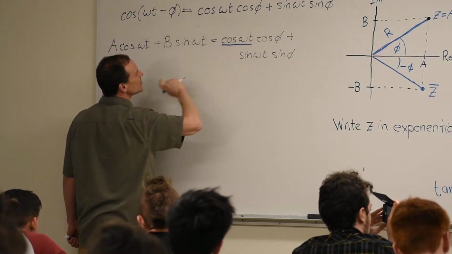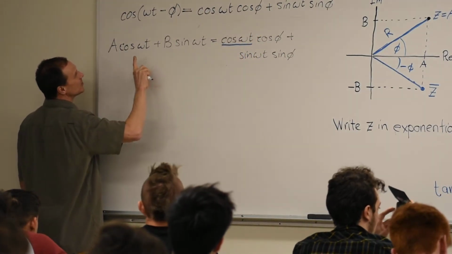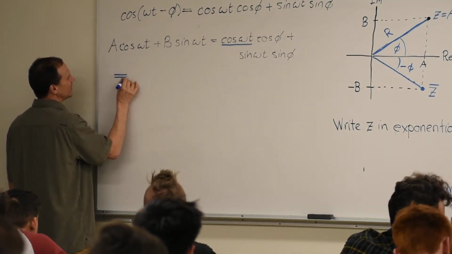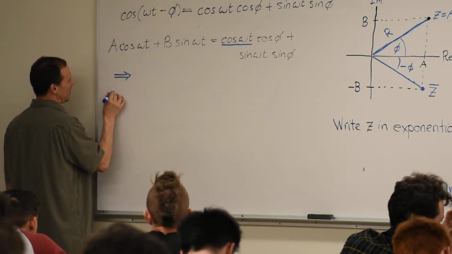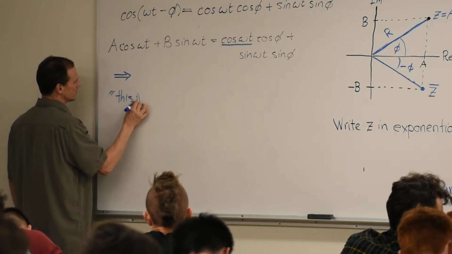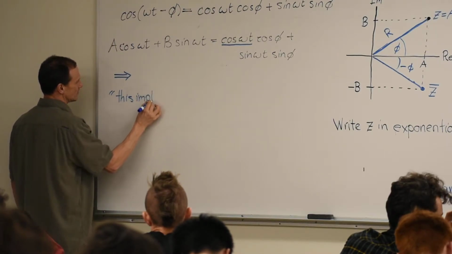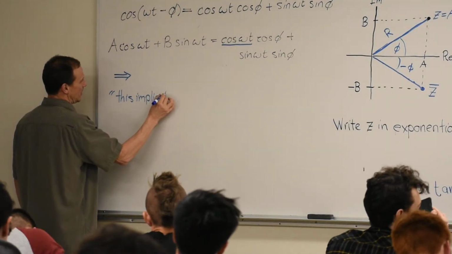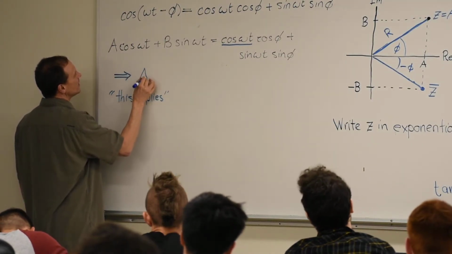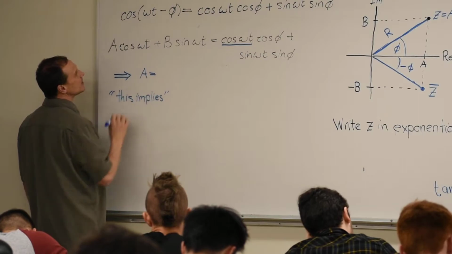Well, what this expansion tells us is for this to be true, this implies, I'm going to use an arrow, this implies that A has to equal,